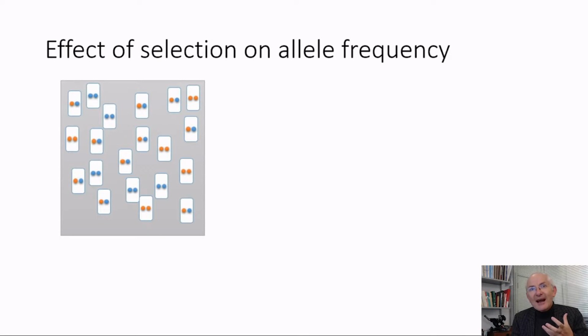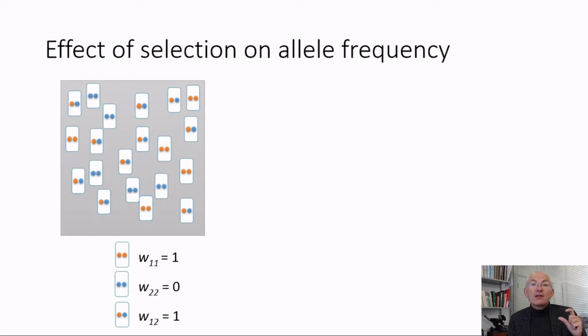Let's then have a look at Genesville, where all those happy individuals were busy producing the next generation. Under Hardy-Weinberg conditions, nothing much was going to happen. But when selection intervenes, maybe allele frequencies will change. So let's assume, in this case, that the genotypes have the fitnesses shown on the slide here. And this is an example where the A2 allele is a recessive lethal allele. So in the A2 homozygote, no reproductive offspring are produced.